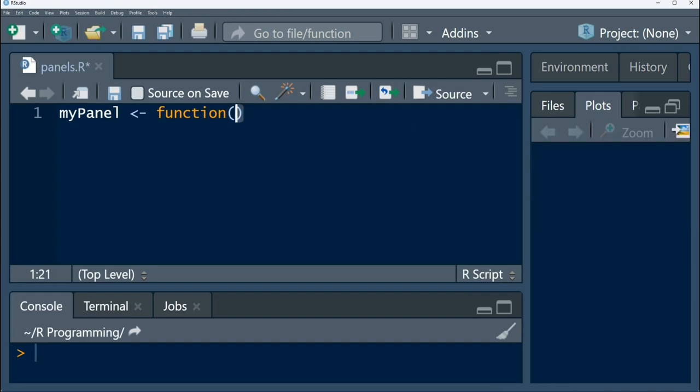In this function, I'm first going to specify the arguments x and y, right? And we can also have additional arguments, right? These x and y correspond to the x and y data to plot for each panel. And in this function, I simply want to demonstrate, so I'm going to come in here and say print